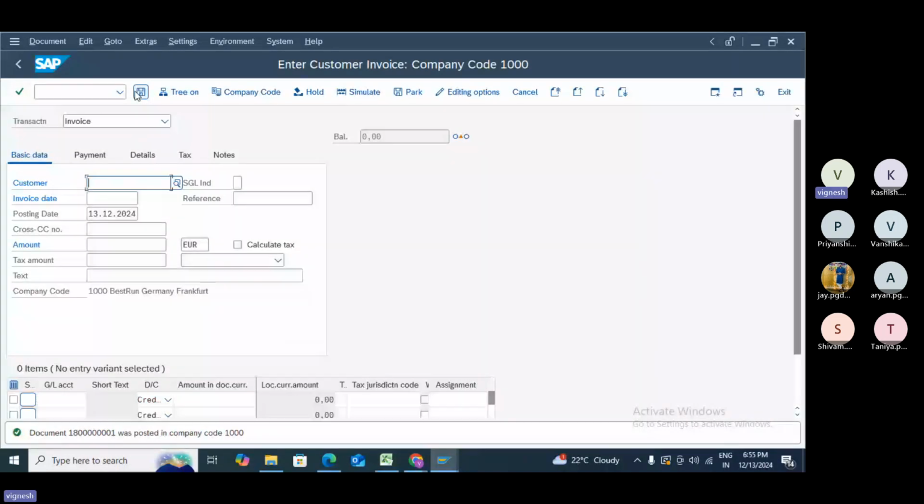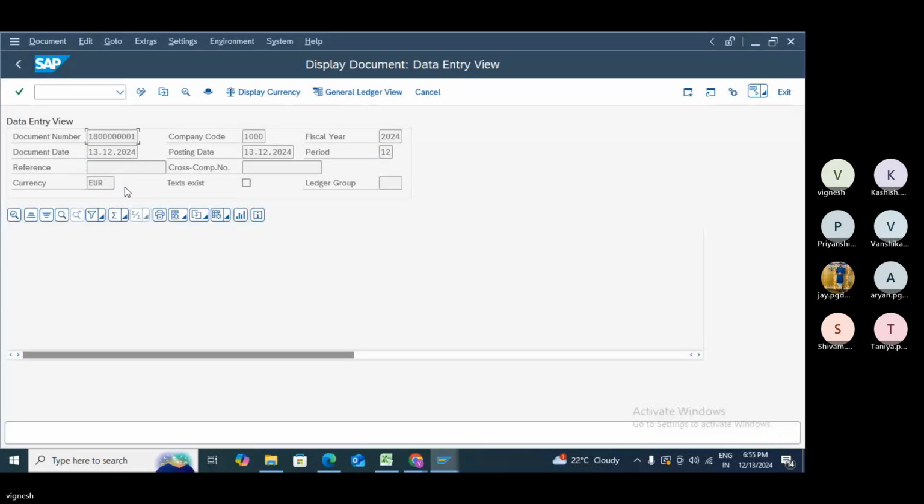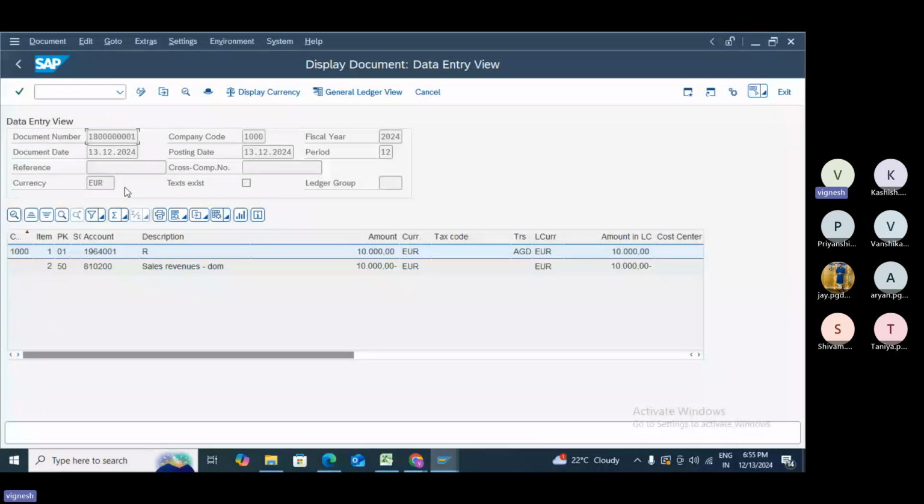So the document has been created. So this is the document I created. If you go to FB03, we can see that. Okay, press enter. You can see the entry. Okay, so 81000 is the main thing. I am just using that. Okay, so this is how we need to create a